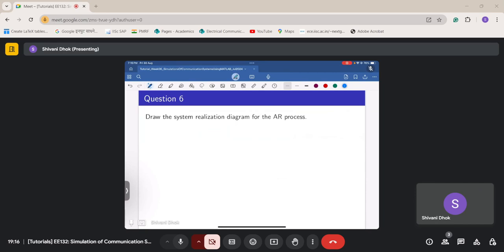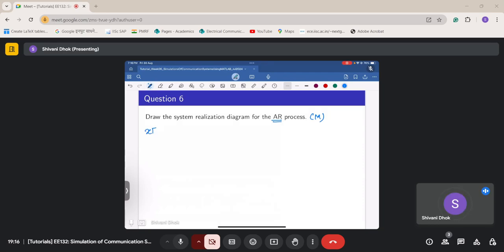Okay. So the next question says that draw the system realization diagram for AR process. So there were some diagrams that were shown in the lectures. However, there was no discussion on how these diagrams were made. So I just added it as a question just to make the understanding of the diagram clear. So let's do that. So for AR process, let's say of order M,